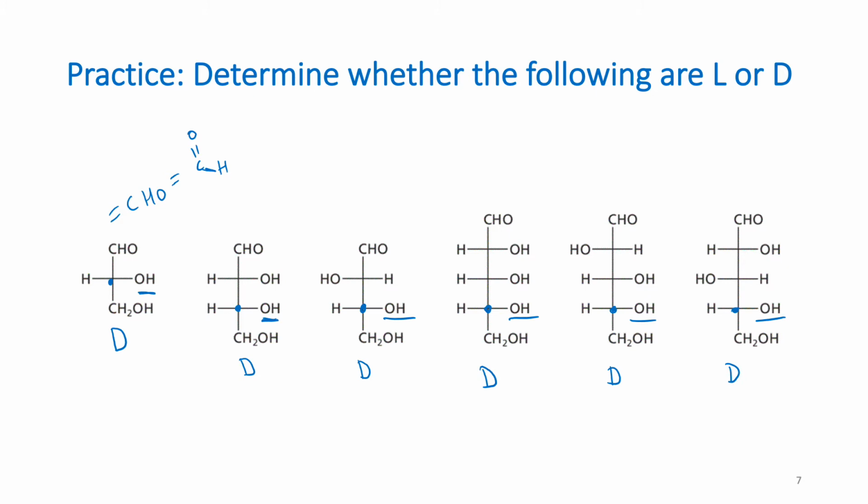Now, you may want to practice naming these. So this first one right here is going to be an aldotriose. It's an aldehyde based on that, and it's a triose because it has 3. The second one is an aldotetrose. This next one, 1, 2, 3, 4, 5. So that's an aldopentose. So on and so forth. So hopefully you can practice those and get good at distinguishing these monosaccharides in the Fischer projection.